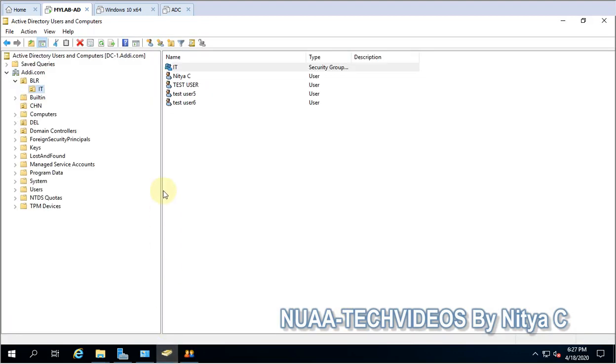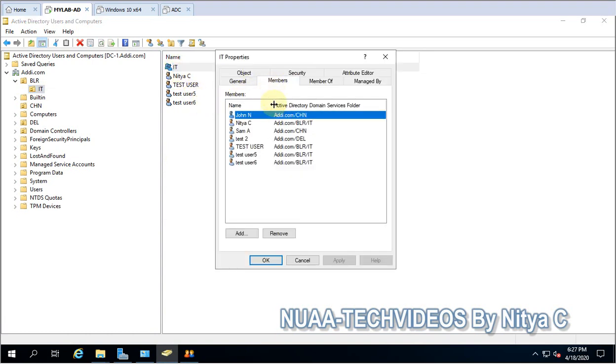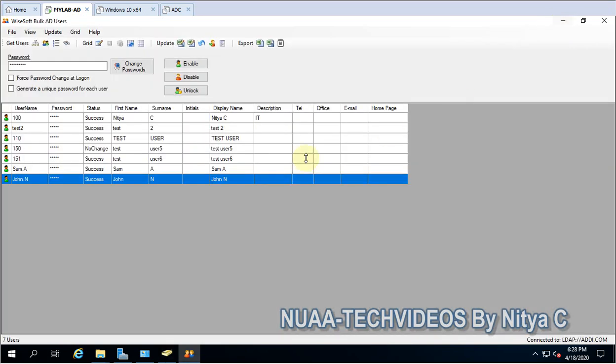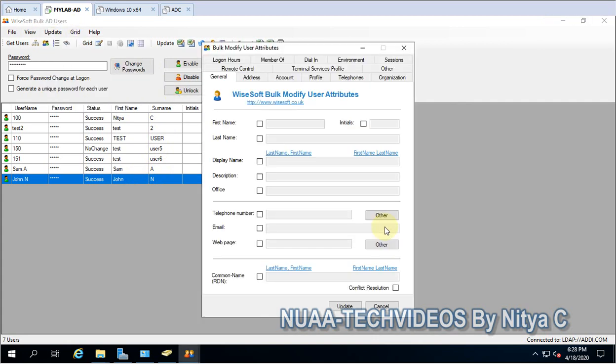Let me show you. This is one of my group members, and all users are added. So this is how quickly you can manage everything related to users, but it's recommended to have hands-on knowledge on this, because one wrong move can lead you in a different direction.